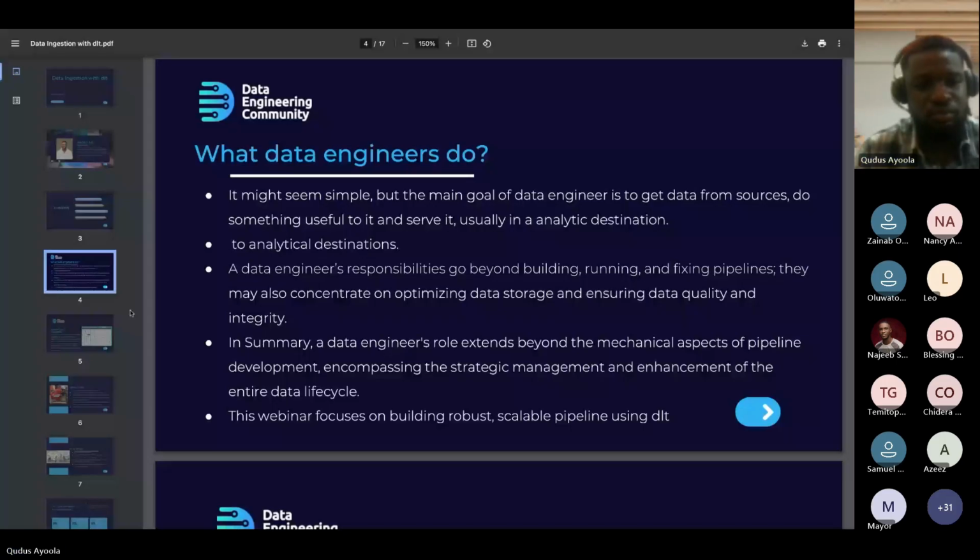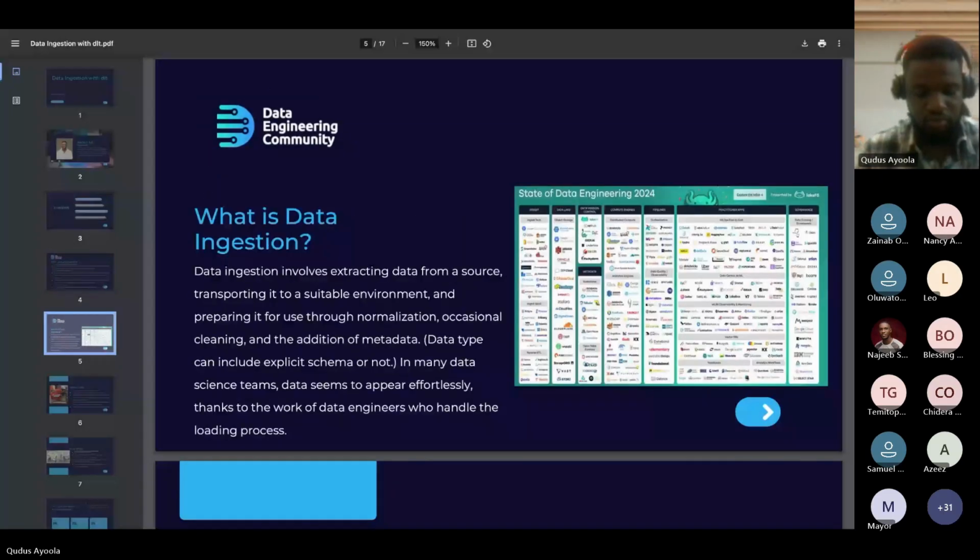So I'll move to the next slide. This is asking, what is data ingestion? Data ingestion involves extracting your data from source and transforming it into a suitable environment.